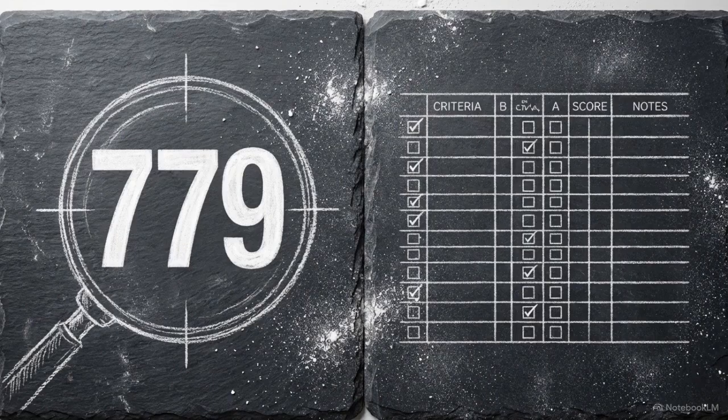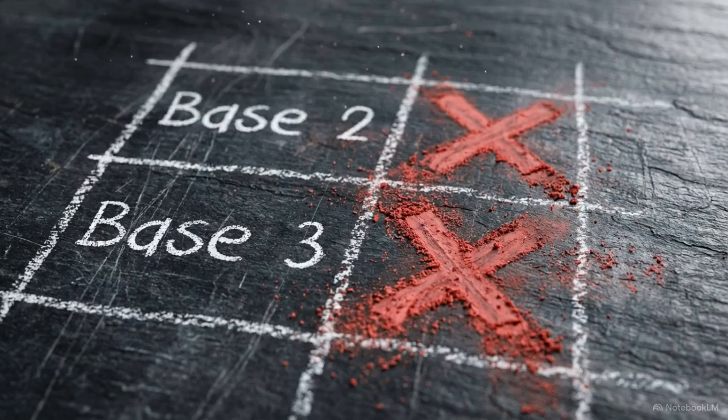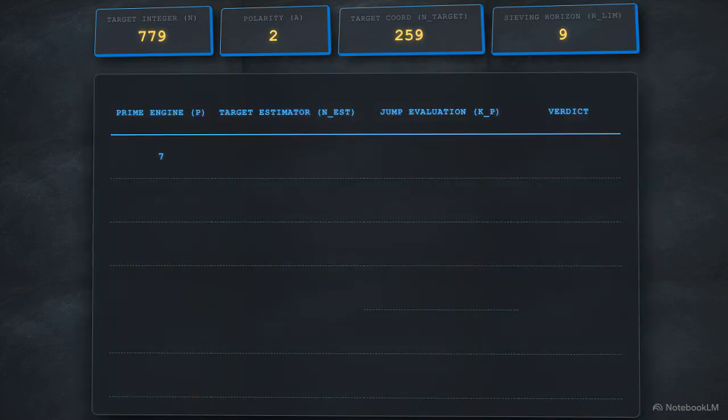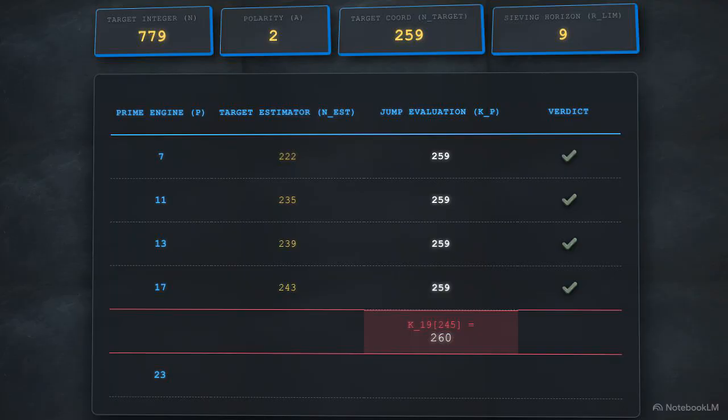Let's run a composite integer through the trace. N equals 779, which easily passes the initial checks, since it is not divisible by 2 or 3. This execution trace displays the target projection. 779 yields a polarity of 2, which gives us a target spatial index of 259. The horizon limit calculates out to 9. Based on that horizon limit, the prime engines we need to evaluate are 7, 11, 13, 17, 19, and 23. The algorithm fires the algebraic target estimator and evaluates the jump equation for the first 4